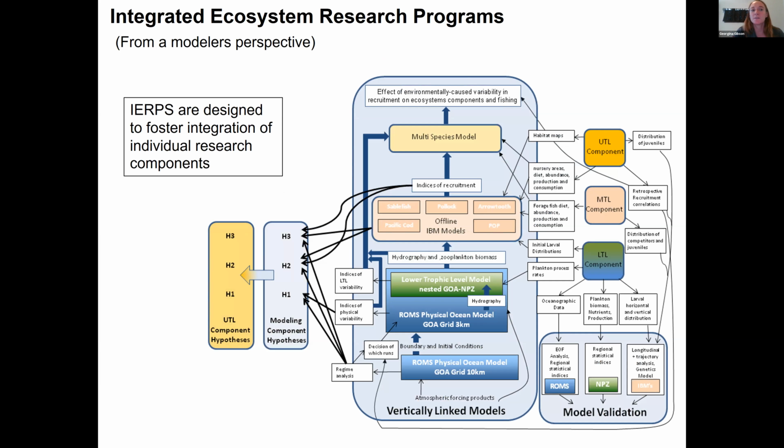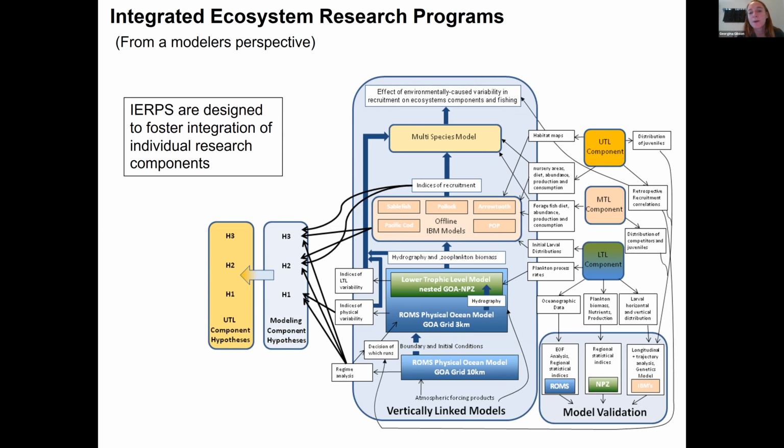So what is it? I said IERP, that's an integrated ecosystem research program. And NPRB has sponsored about three of these now. The first one was in the Bering Sea. Then we're just wrapping up the Gulf of Alaska one, and they're now sponsoring one in the Arctic too. The unique thing about the Bering Sea and the Gulf of Alaska ones is that right from the beginning, they had a very strong modeling component. And so they're unique from many other research programs in that the integration between the models and the observational components were envisioned and outlined right from the beginning of the program.